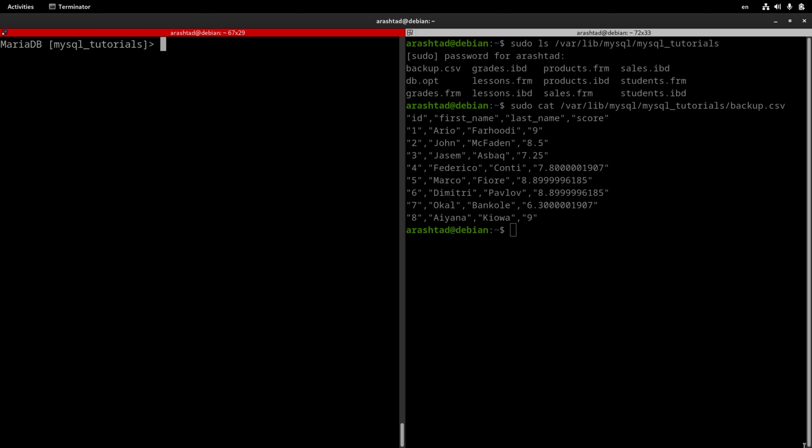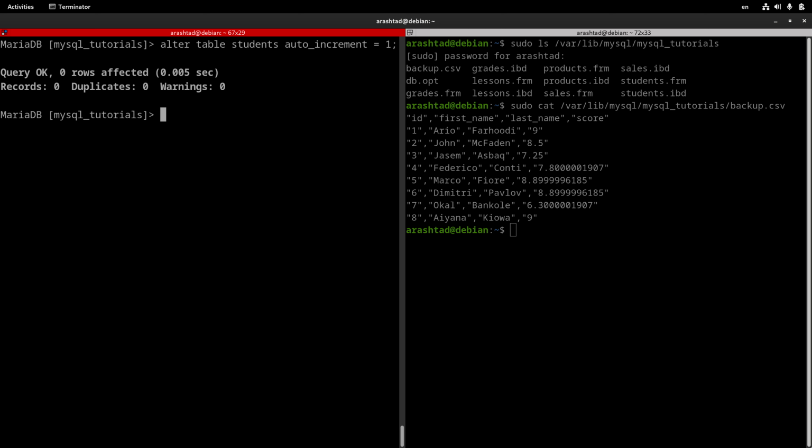First of all, I'd like to set the auto increment to 1 for this table again, so I do an alter table the students and then auto increment to 1. Now I type load data in file, then the name of file, backup.csv, and then into table the students, the name of the table,